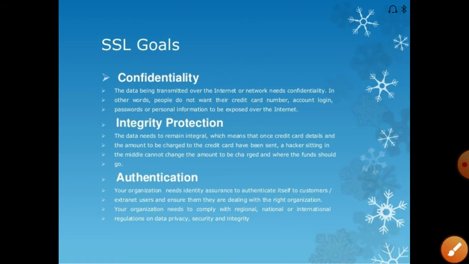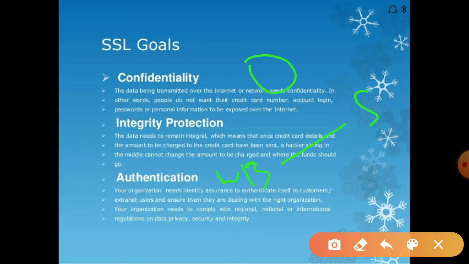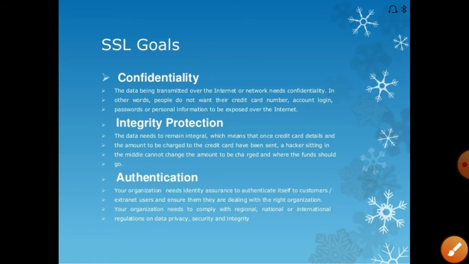Next, integrity. While transmitting data between the web browser and web server, a third party should not modify the data.